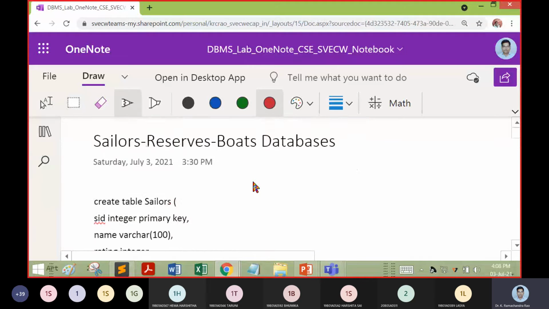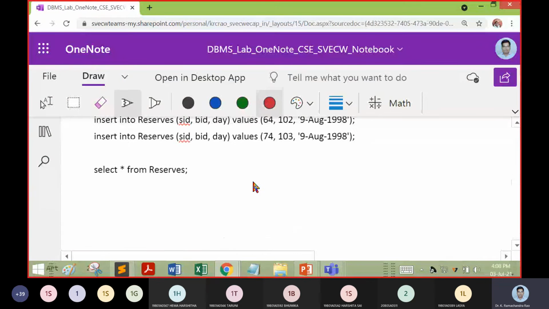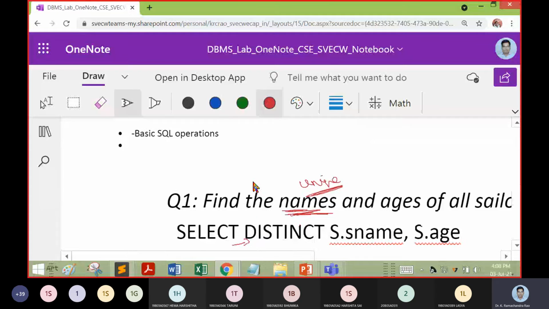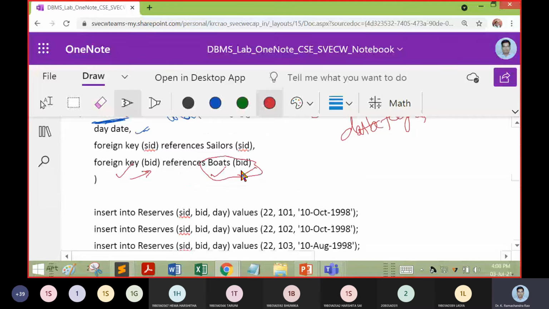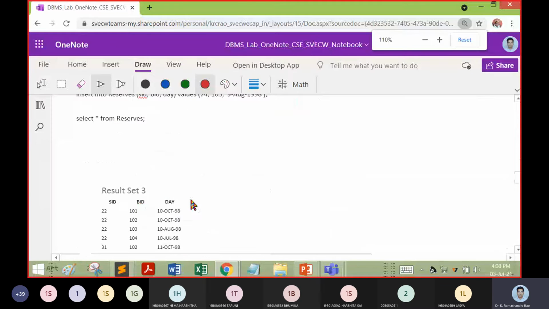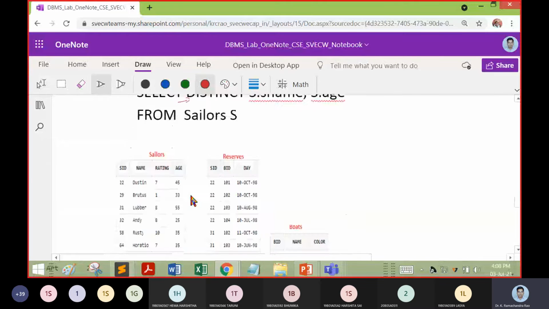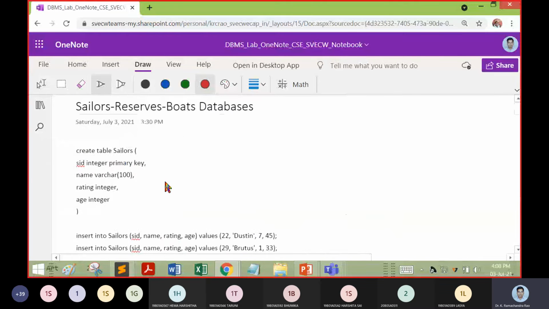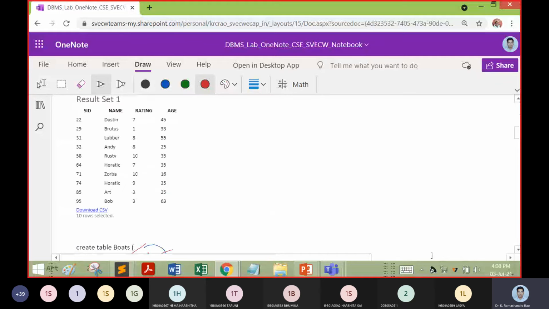Most of the time we should try to understand it from the database. Then if we are going for execution, it will be a better way to understand the content. Yeah, this is the result set.